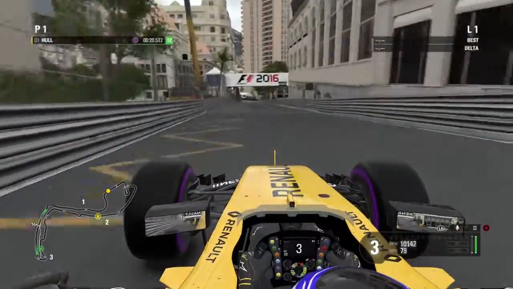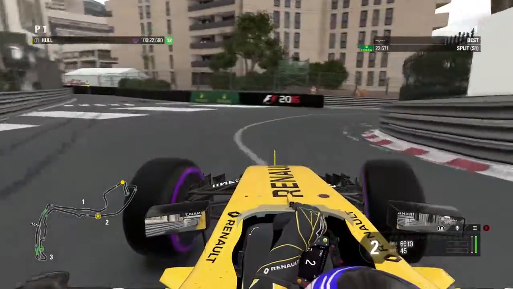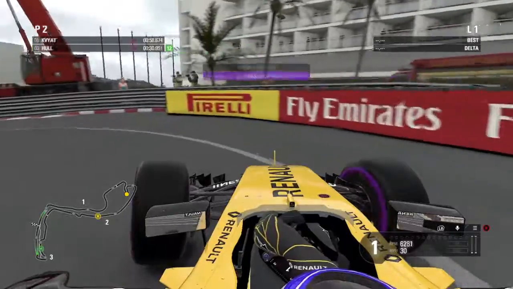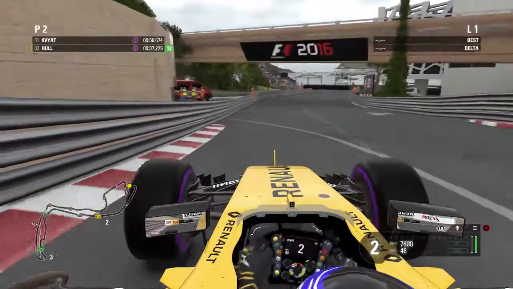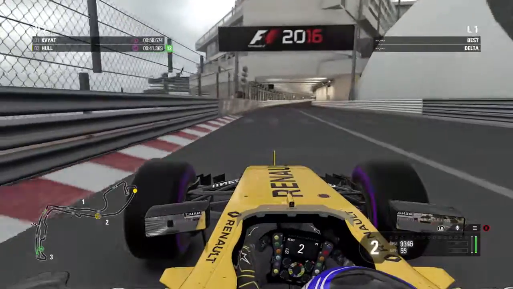And how slow we were going through Massenet and Casino Square. Here we come down towards Mirabeau now, breaking only a 22.6 for the first sector in Monaco is pretty damn slow. Danny Kvyat goes fastest on a 1:21 on those ultra soft tyres. And look, down to 25 miles an hour for the Loews hairpin. Should not be that slow as we now feed it through Portier, and we're going to be heading towards the